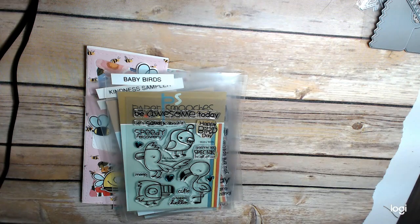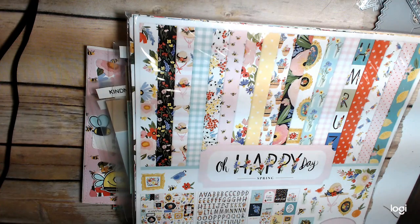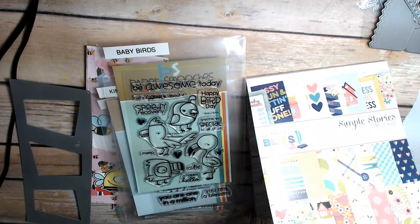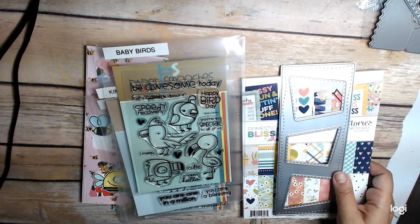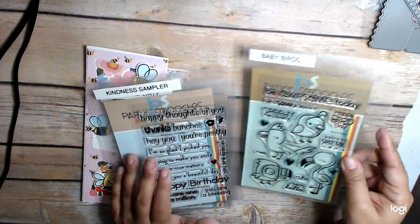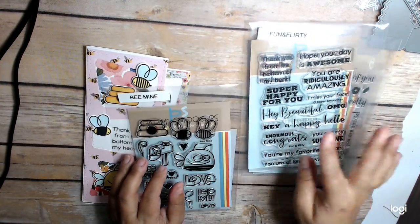So I used this Oh Happy Day by Echo Park. I just got this recently. Really cute spring paper pad. I used that one. I used this, which is the Simple Stories Domestic Bliss. And I used my new favorite die, this marquee die by Slimline die from Whimsy. So that's what I used, along with the Baby Birds stamp set, the Kindness Stampler, Fun and Flirty, and Be